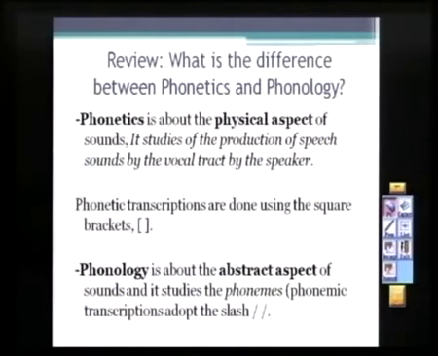Questions? Okay, remind me at the end of the class to tell you how to get the slides. Do you know how to get the slides? Yeah? Did I show you? Okay, so when you study for the exam, please look at the slides. They're going to help you as well.